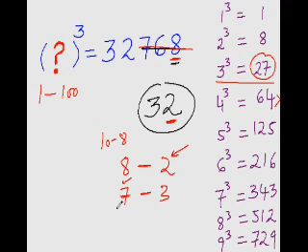For any other digit, if the last digit is any other digit other than 8, 2, 7, 3, that is these conjugate pairs, then copy it as it is. That means it's all the more simple. You don't even need to do all that. Like suppose if the last digit was 6 here, then you'll copy the 6 as it is. If it was 5 here, you'll copy the 5 as it is. If it's 4 here, you'll copy the 4 as it is. Are you getting the point? And for the next part, you know what you have to do. You have to find the nearest cube to the remaining number. So let's practice more examples of these.